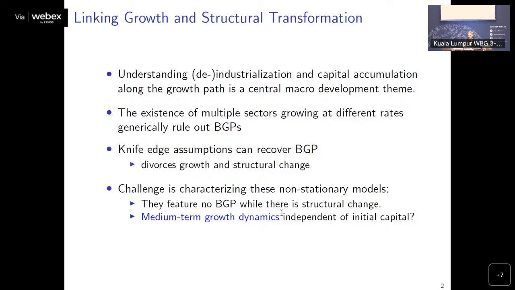But the other reason a balanced growth path is interesting is because that's where models hang out. This is where the theory tells you the economy should be hanging out. So if you're a business cycle person, you linearize around the balanced growth path because the economy always returns to it. So a model that has a balanced growth path, but only at infinity, is not very interesting because the economy's never there. Or, during the interesting time, the economy's not there.